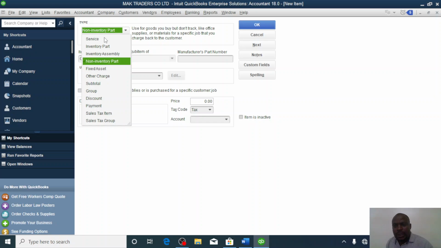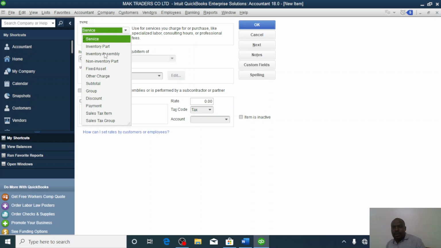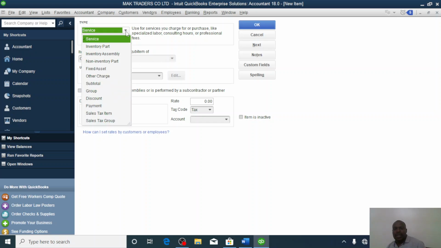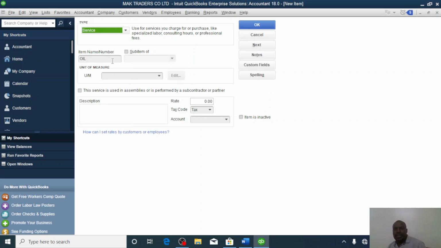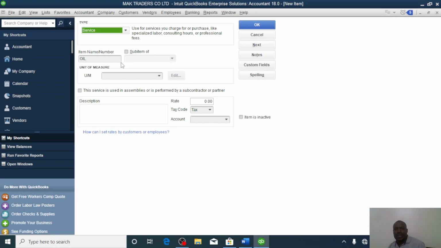Then we come here, I create another item name, which is oil. Yes, here our account will be service. Then we create service. So here I was mistaken, let me change this one. Now it is not inventory, here it is service, and we create service as our account name here. I will change this item, it is servicing, not oil here. We shall come here, our description is